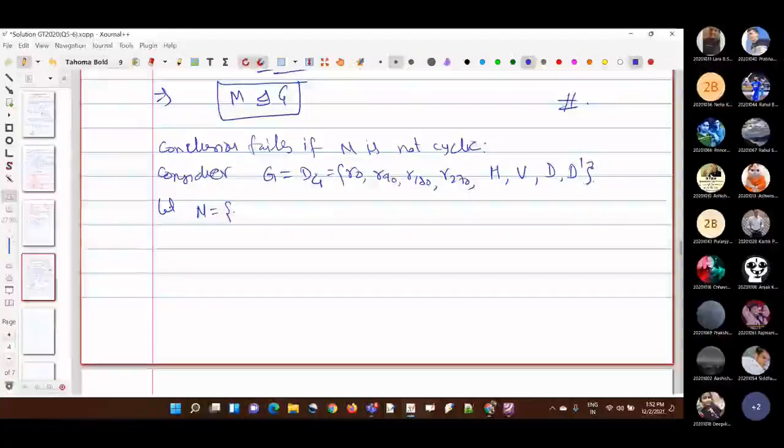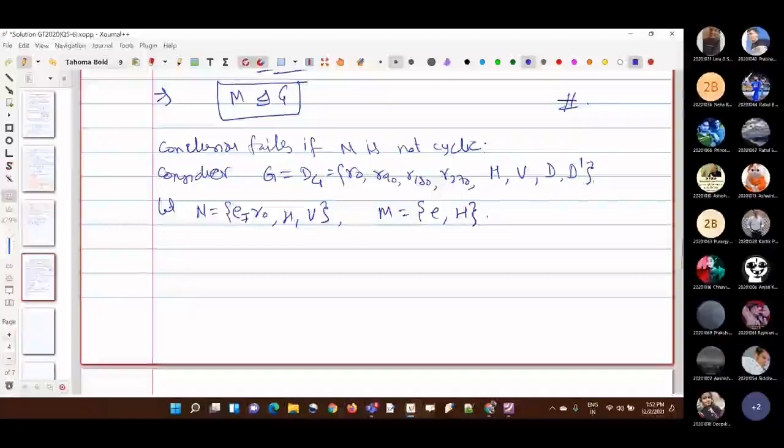N equals {E, R0, horizontal and vertical flips}. You can see that this is going to be K4. Okay, and M equals {E, H}. Here, the order of each element in N is going to be